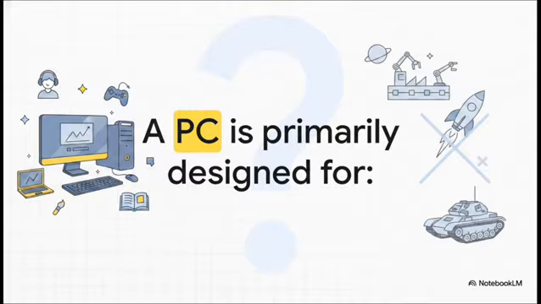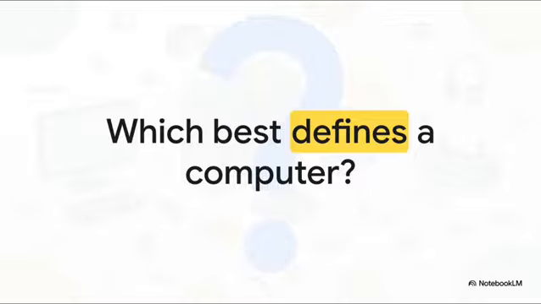Got your answer? If you chose B. Individual use, you are absolutely correct. Moving on to question 2. Which of the following best defines a computer? A. A machine that stores only data, B. A device that processes input to produce output, C. A calculator with memory, or